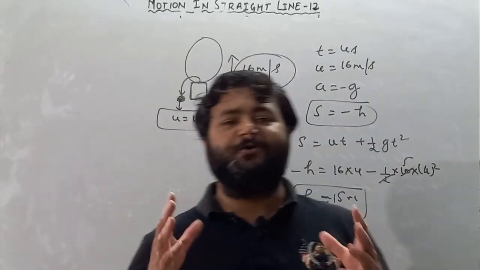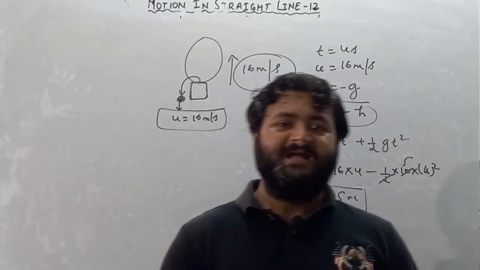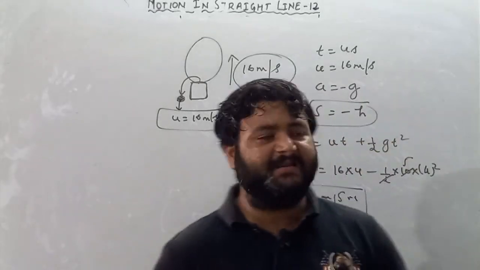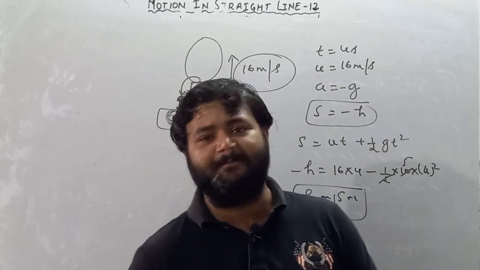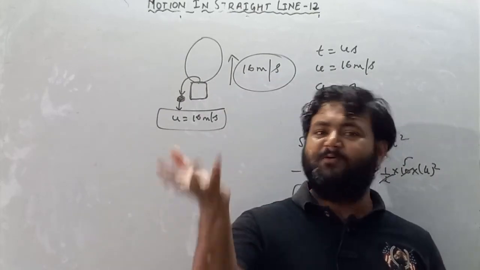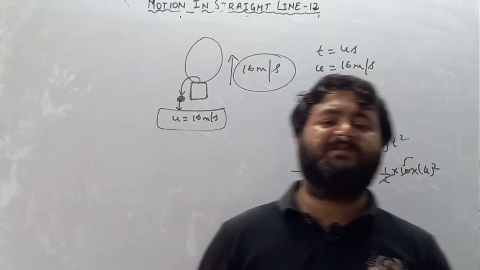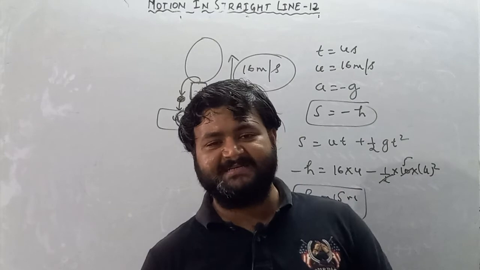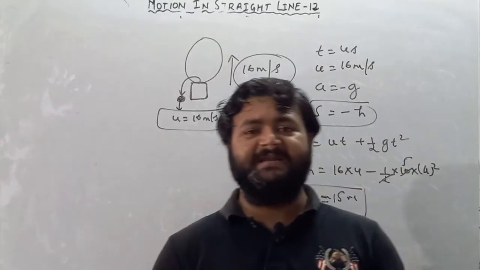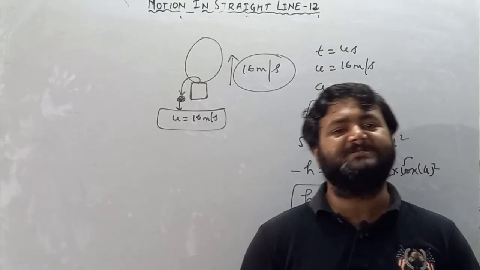So I hope you all understand today's topic, which is related to graph, and I performed 2 numericals. In 1 numerical we understood a concept that if you drop anything from any moving object, then the velocity of the moving object will be the initial velocity of the dropping object. We'll discuss velocity time graph, we'll discuss acceleration time graph. In the next class we'll discuss more relations of graph and we'll perform some numericals.